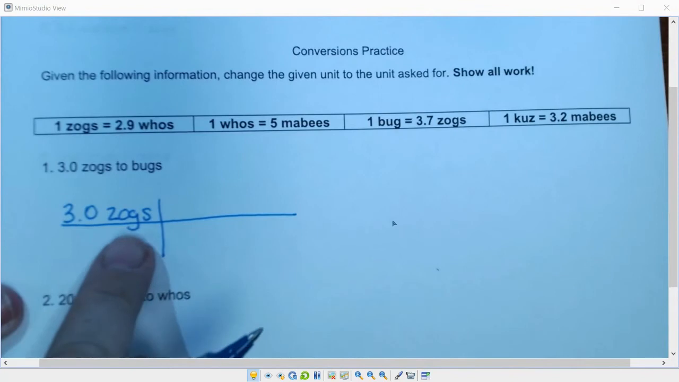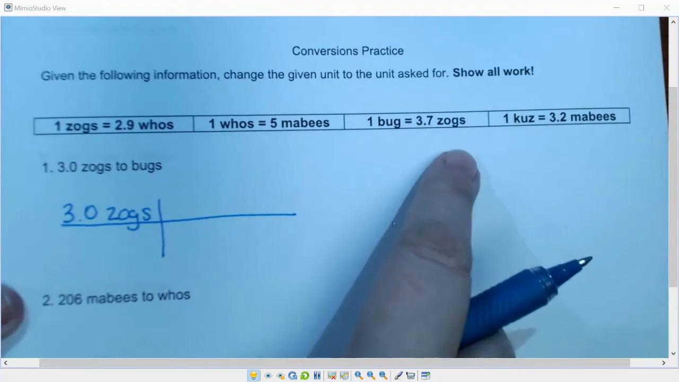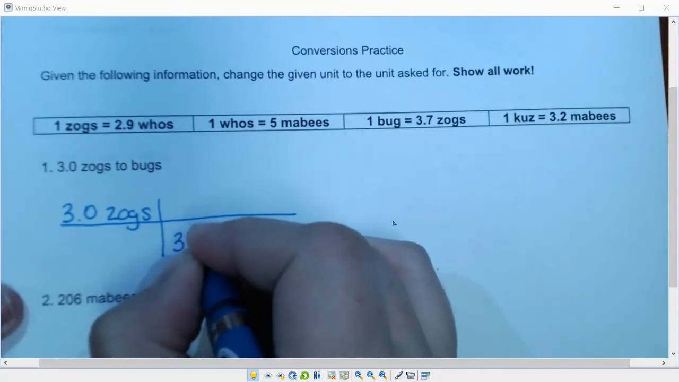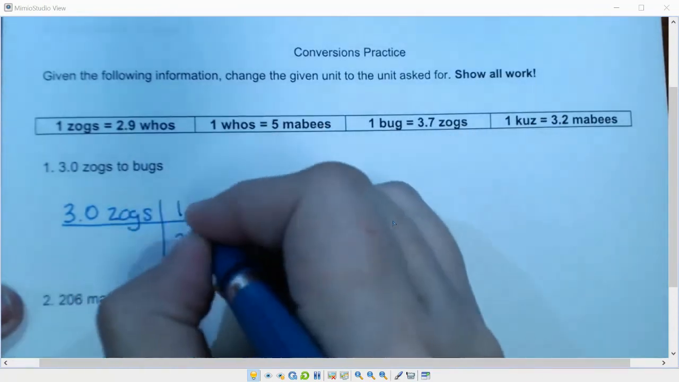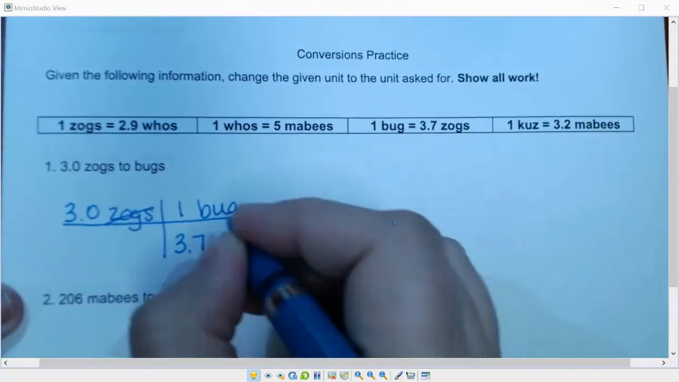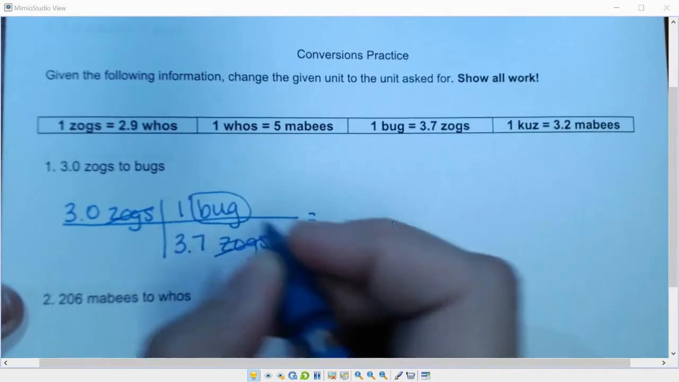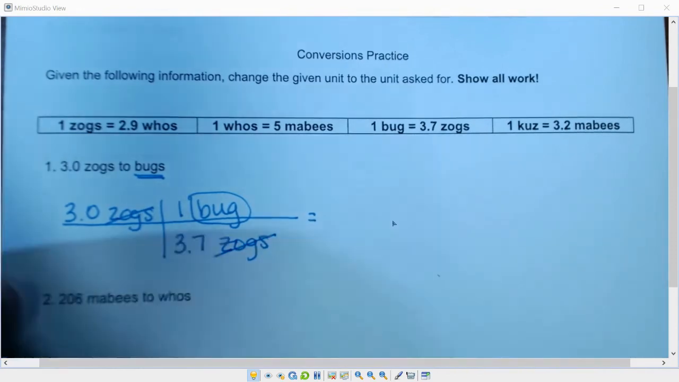I'm going to put the unit that I start with on the bottom for my conversion factor, including its number. So I need zogs to go on the bottom. So it's 3.7 zogs. And 3.7 zogs is equal to 1 bug. The unit zogs cancel. Bugs is the right unit for what I'm trying to answer. So now I can just do the math. 3 times 1 divided by 3.7. And my calculator spits out a big long decimal,